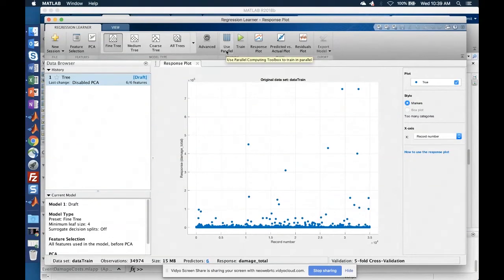So a quick aside here on how to do parallel processing in MATLAB. There are two products that we have that support parallel and distributed computing in MATLAB. One of them is called Parallel Computing Toolbox. The other one is MATLAB Distributed Computing Server. Parallel Computing Toolbox allows you to open up what we call worker sessions of MATLAB. So you have a client session of MATLAB, which is the MATLAB desktop that you're looking at, and then you can open worker sessions of MATLAB in the background, which will help you parallelize and distribute the work and speed things up.